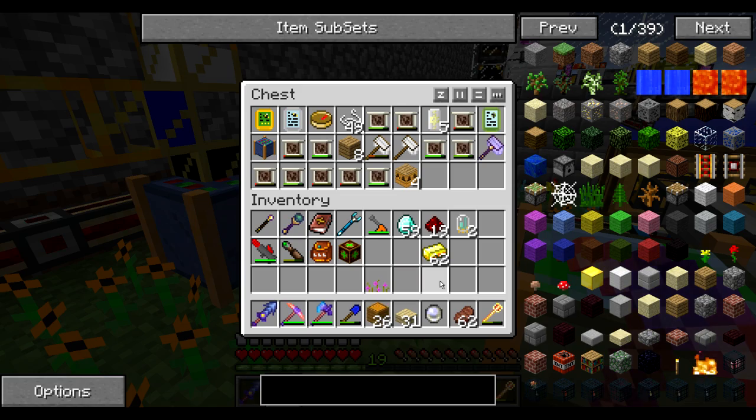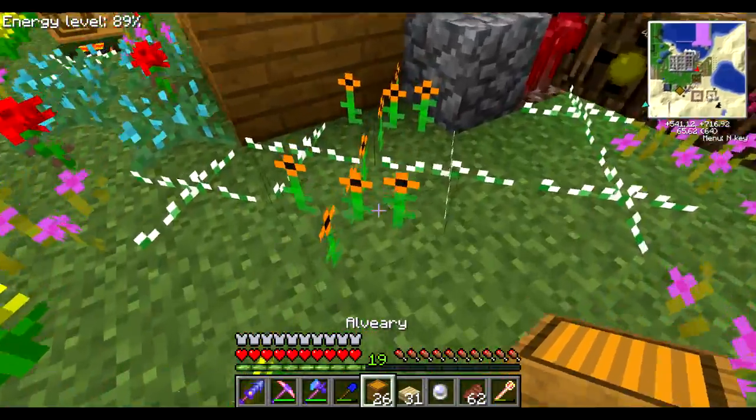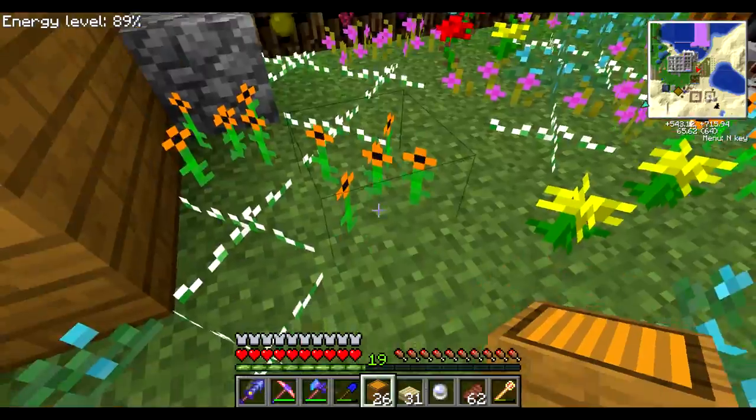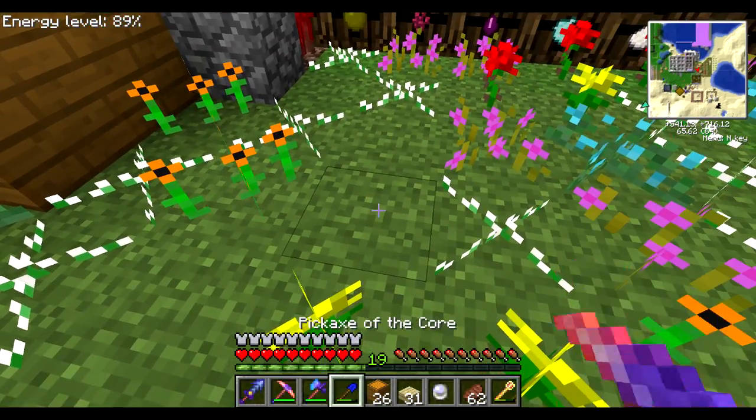So I actually also wanted to make a couple of fans and hygroregulators, but I don't think I'm actually going to need it. Because if I'm going to replace those apiaries right here, I don't really need it. Okay, so let me